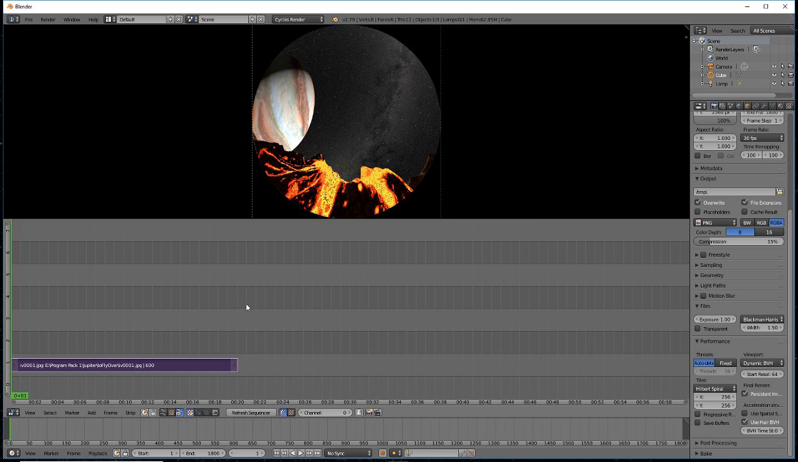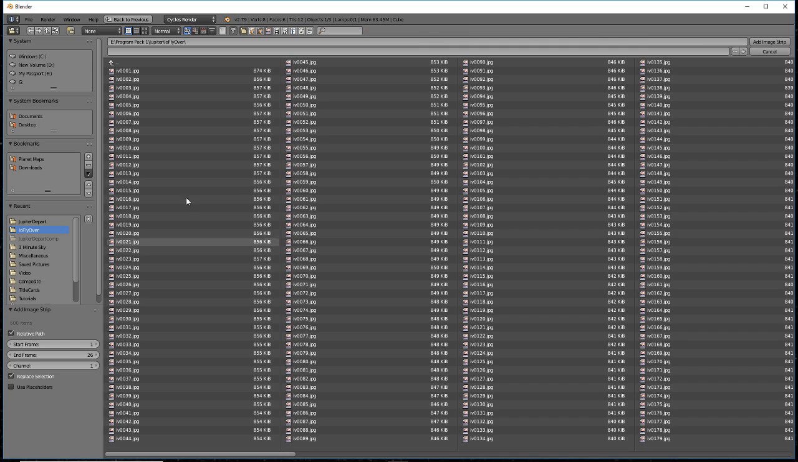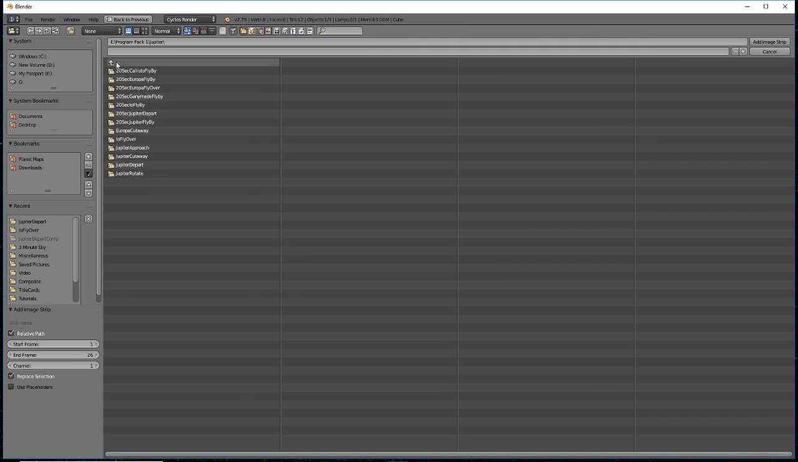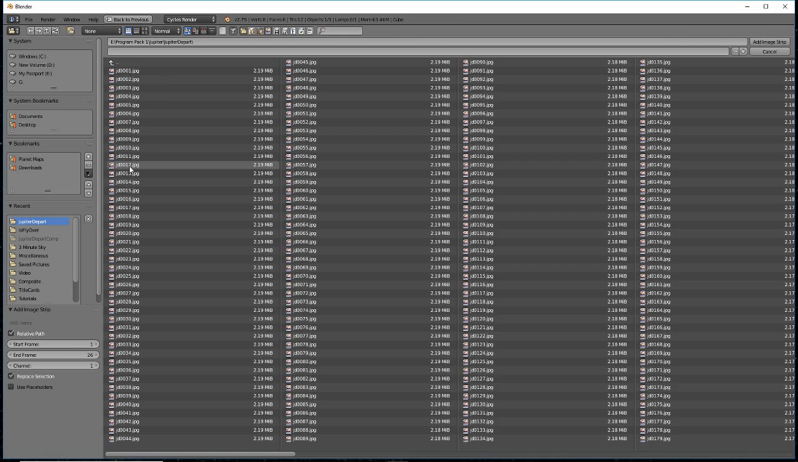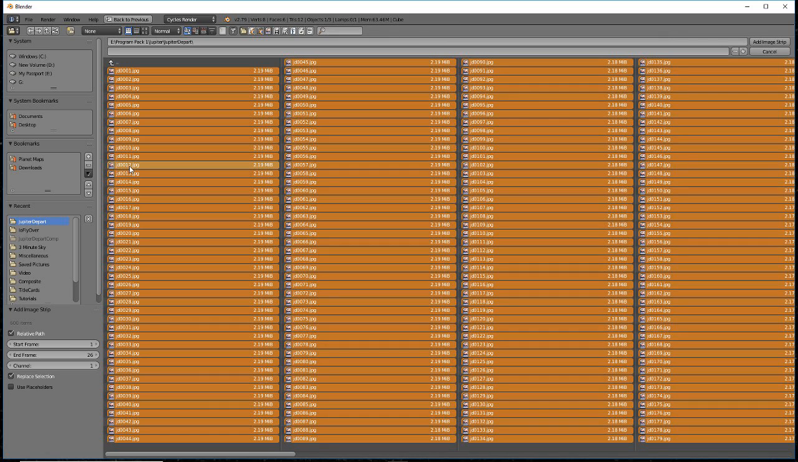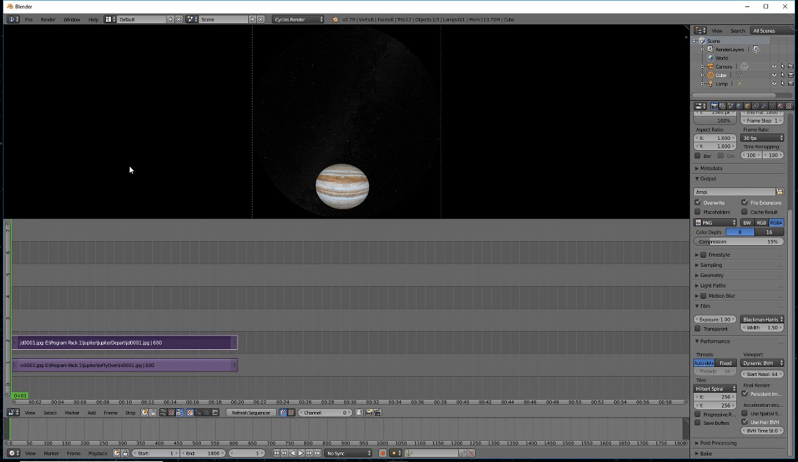Place the mouse pointer over the sequencer tracks and press Shift-A, just as we did when we imported the first set of frames. For this example, let's go to the Jupiter directory again, and this time we'll pick Jupiter Depart. Select all the frames by pressing A on your keyboard, then import the frames by pressing Enter. You'll see that the new image strip is in the track above the first image strip and appears in the